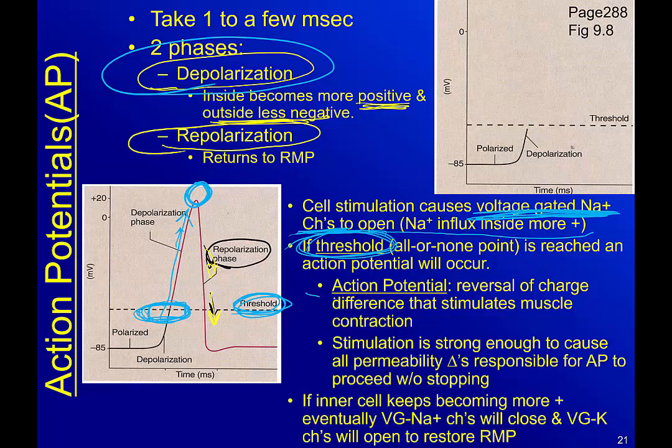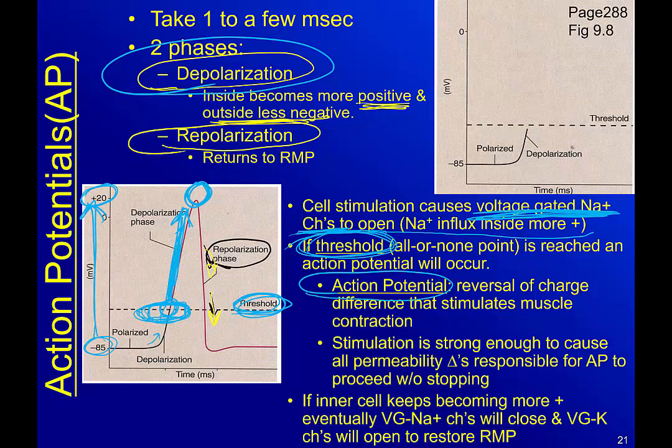So, an action potential is the reversal of charge difference that stimulates muscle contraction. This big change from -85 to about +20, that change in charge is basically your muscle signal to go, you contract now. And it contracts because it got that signal. Stimulation is strong enough to cause all the permeability changes responsible for the action potential. In other words, I reached threshold and enough positive sodium got in to get me to here,